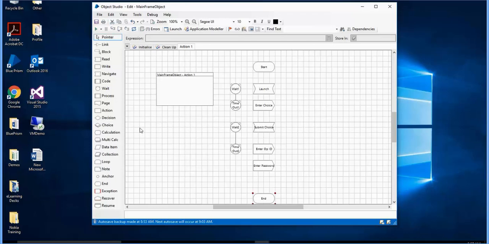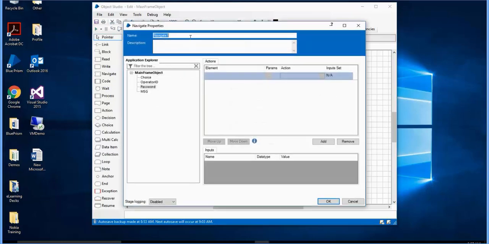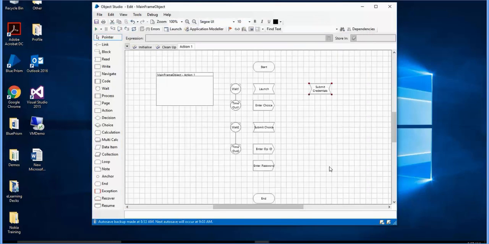To read that, before that I need to again submit my entry. So I will use another navigate, where I will say submit credentials. Here I will have to use again global send keys and enter. After this,